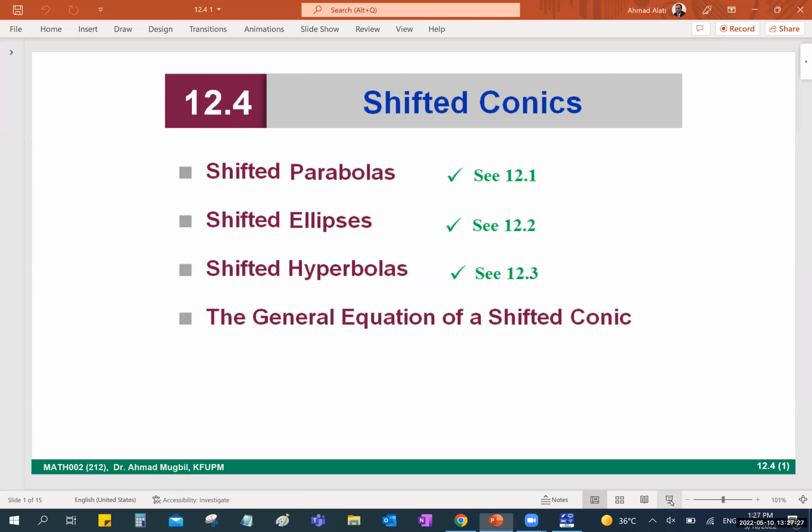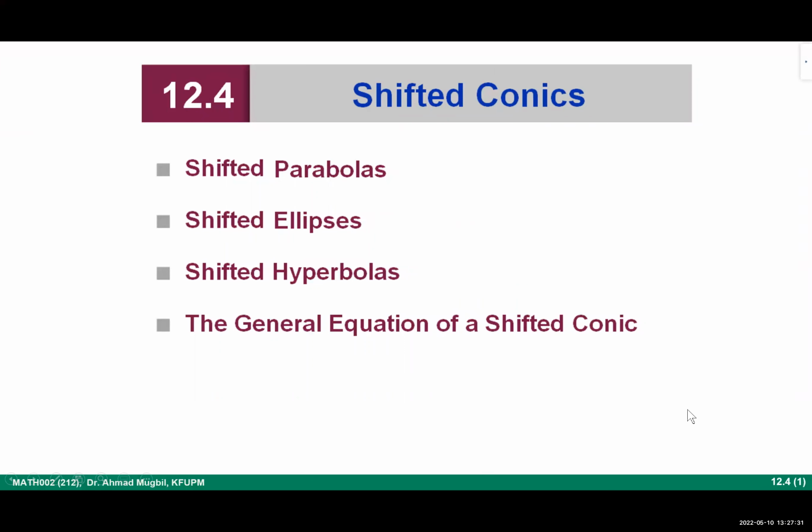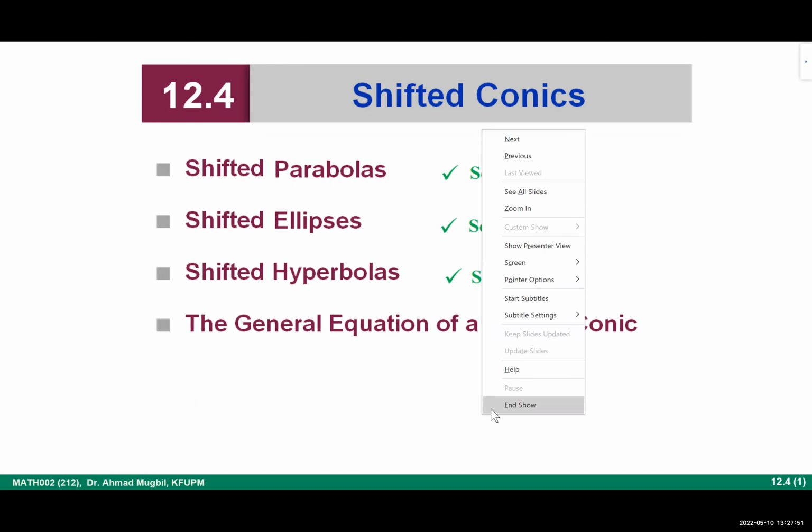Okay, 12.4, it is مسك الختام for chapter 12 and for the whole course, inshallah. Indeed, we already distributed this section over the previous 3 sections. So, in fact, the shifted parabolas, we have studied them in 12.1, the shifted ellipses in 12.2, and the shifted hyperbolas in 12.3. What is remaining is